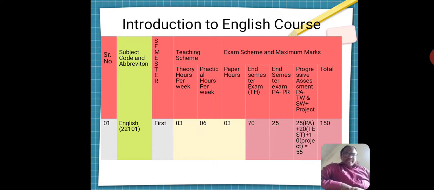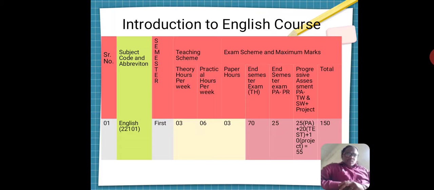That end semester examination is of 70 marks. We also have an end semester examination of progressive assessment that we call the practical examination, which is of 25 marks.